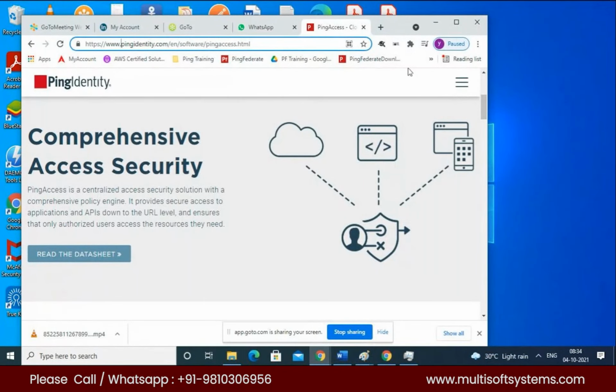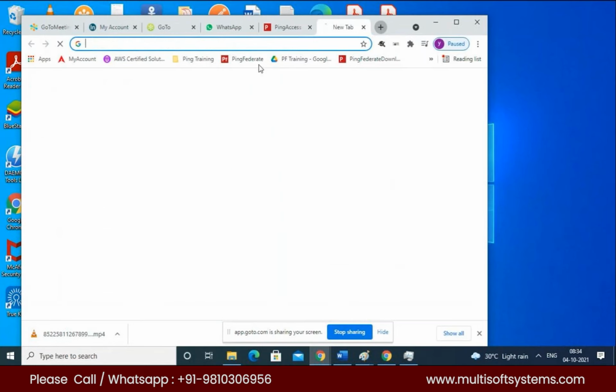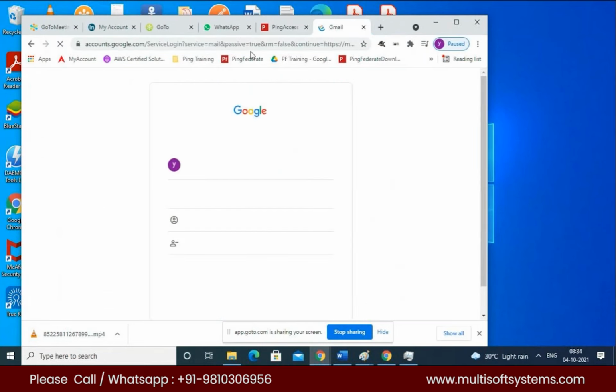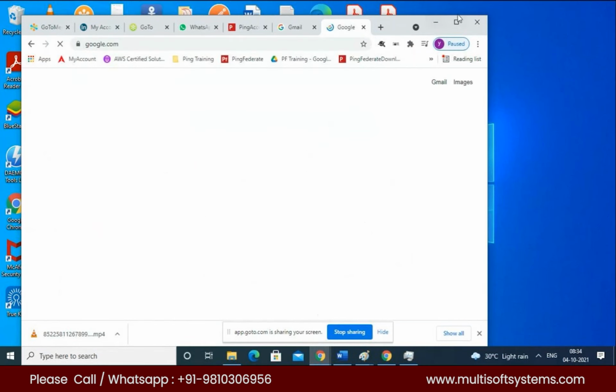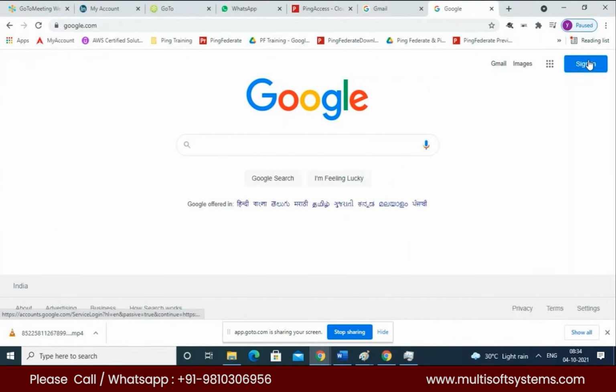Now I'll tell you a real-time example. If you go to google.com, you are accessing google.com and authenticating. Then in a new tab you access Gmail. If I haven't logged in, I'm not signed in. But if I sign in on google.com and then click on Gmail, it will go straight to Gmail. Gmail and YouTube are separate products, though we all know they are all products of Google.